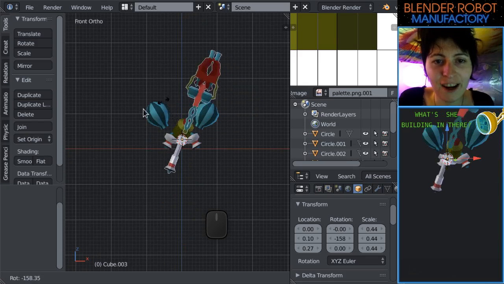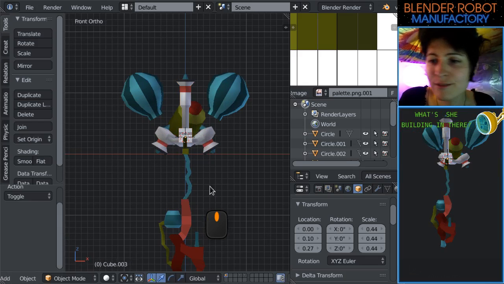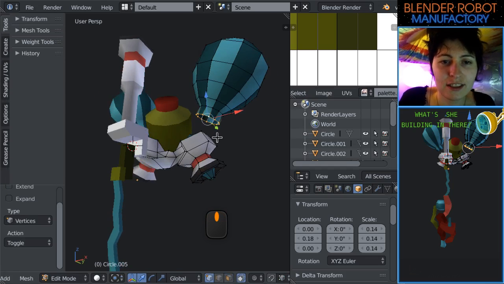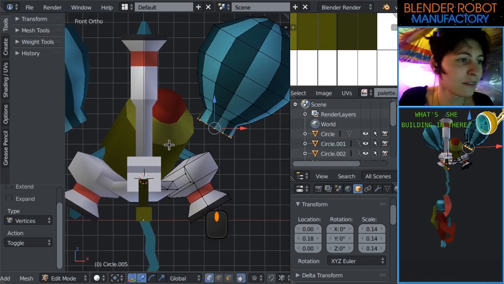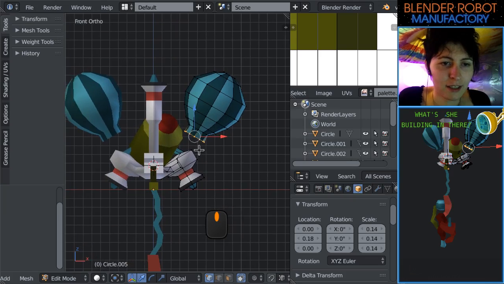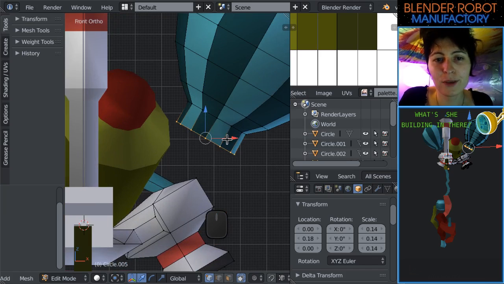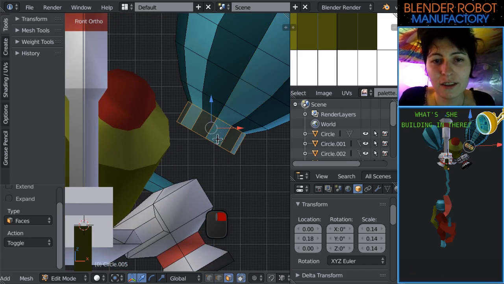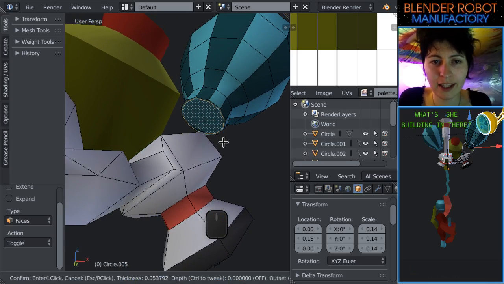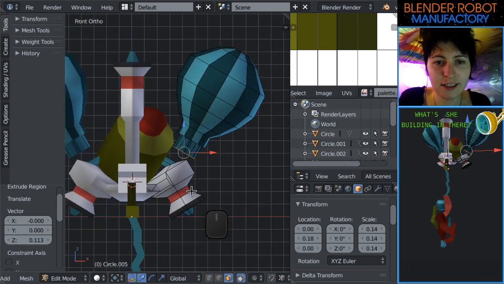Again, looks pretty wonky when I do that, but just seeing how the claws reach goes beyond the balloons. Zoom in on these. And I'm thinking we'll just want some little tubes to attach these balloons to the rest of it. So, inset, extrude these,